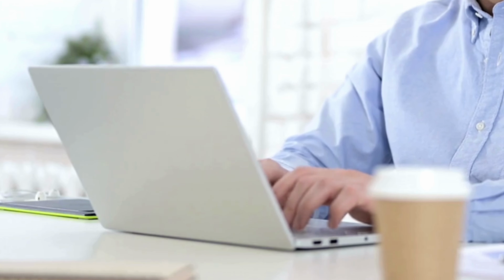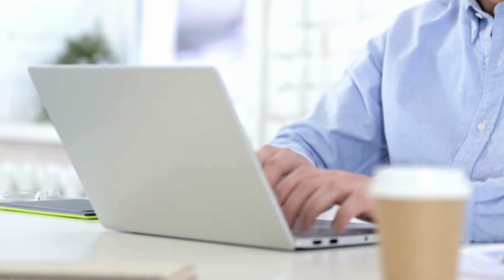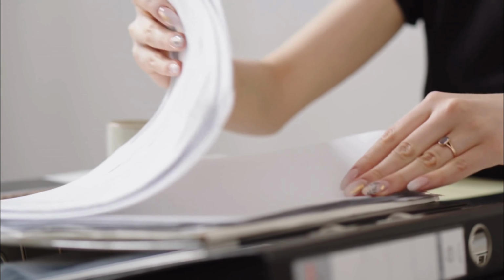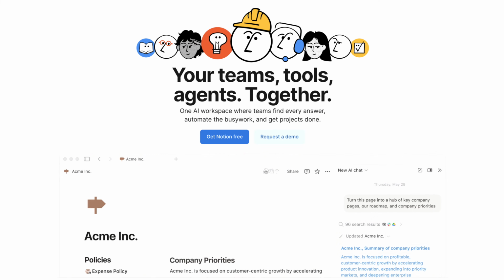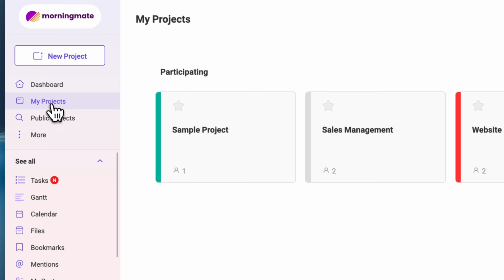There are so many project and task management tools out there that I think it can be really interesting to look at the way different tools approach various aspects and needs of managing projects and tasks. In this video, I wanted to share about Morningmate, which is an all-in-one collaboration and task management platform, and compare it to Notion. I'll be covering what is Morningmate and a side-by-side comparison of different features like projects, tasks, and